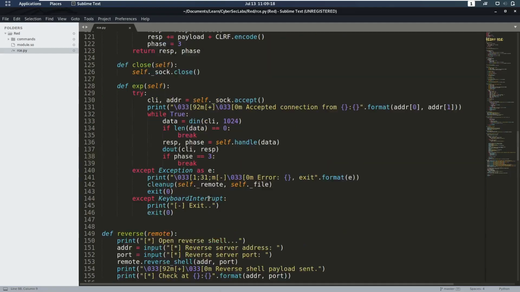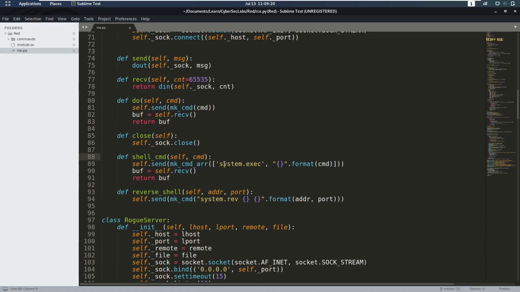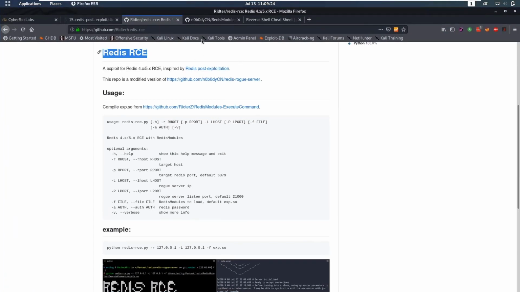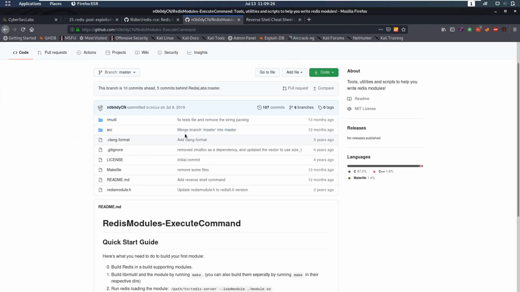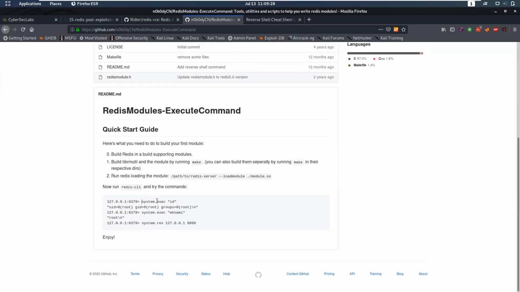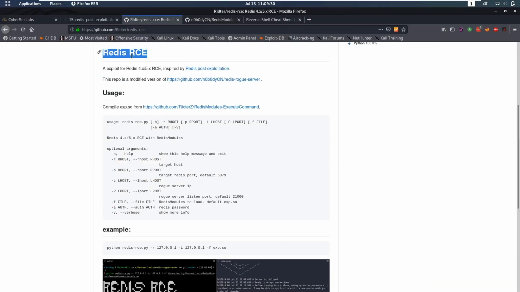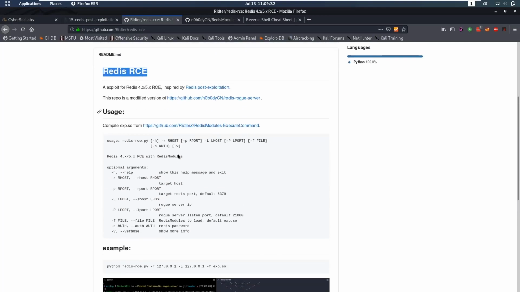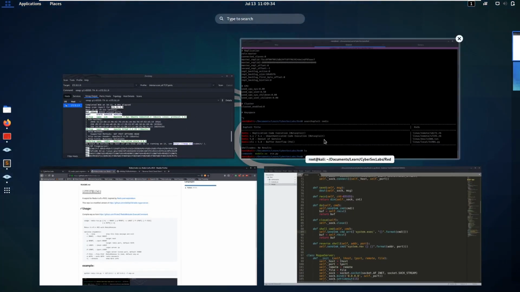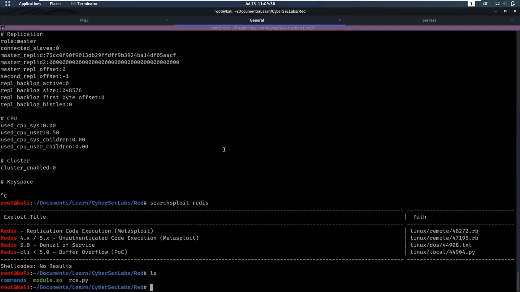So if we go to this definition here, we can see it's going to run the system.exec with our command that we saw earlier in our module that we picked out, or that's used for this RCE. So let's put that into action and run that. So we have our rce.py here that we can run,